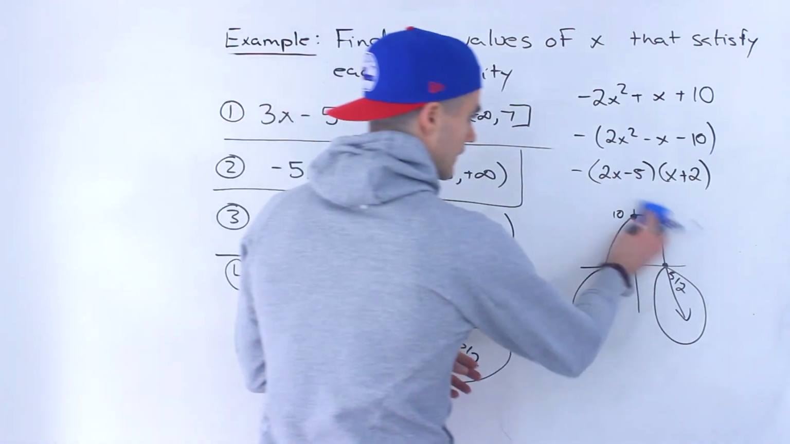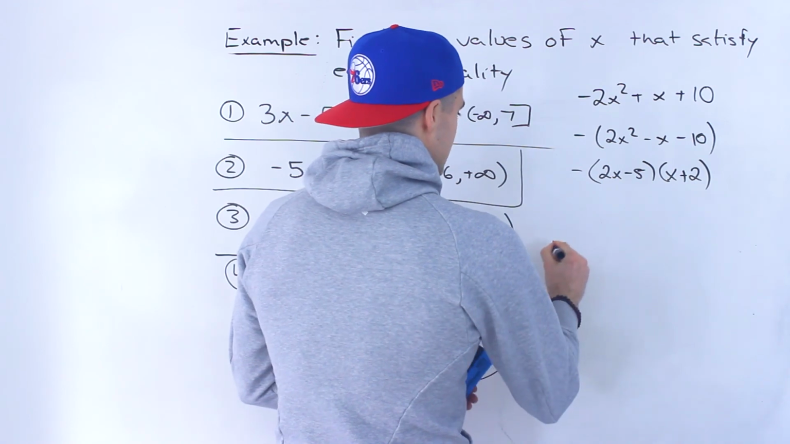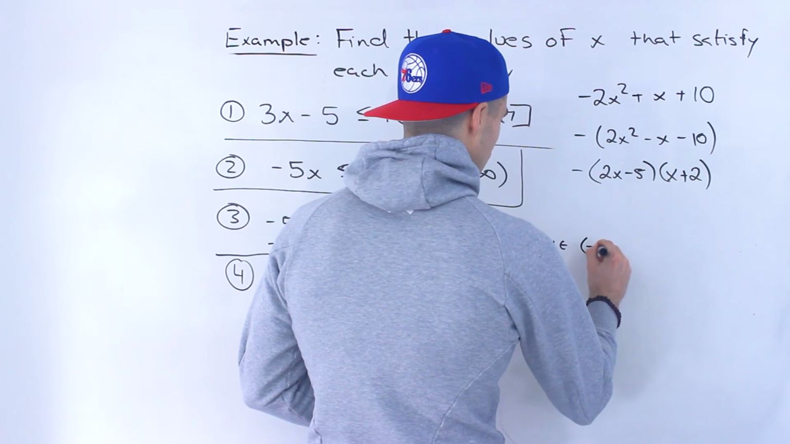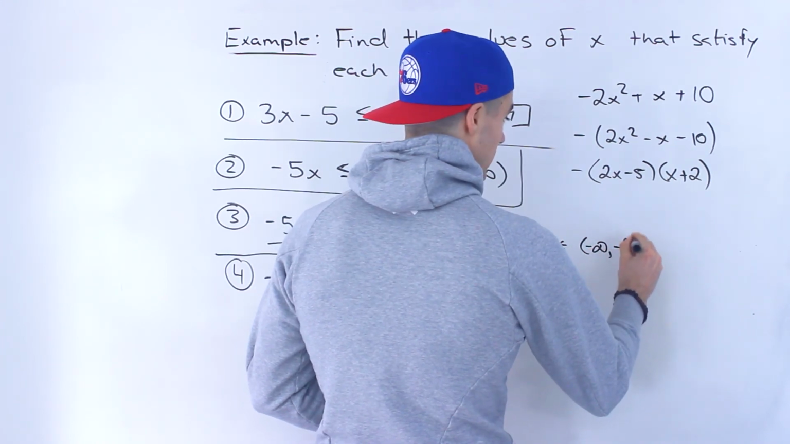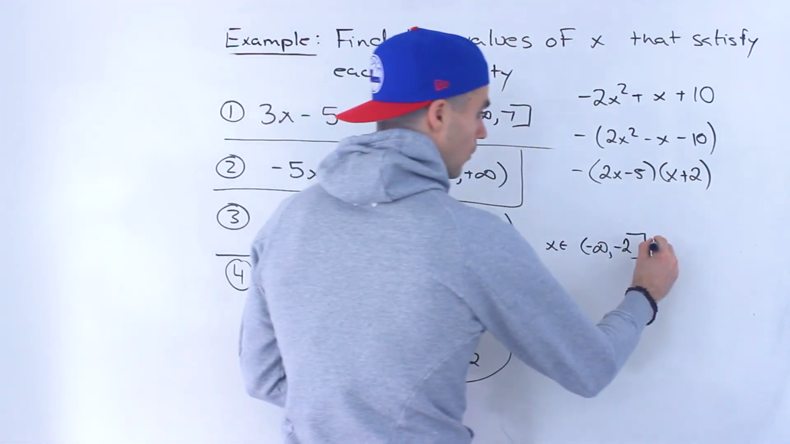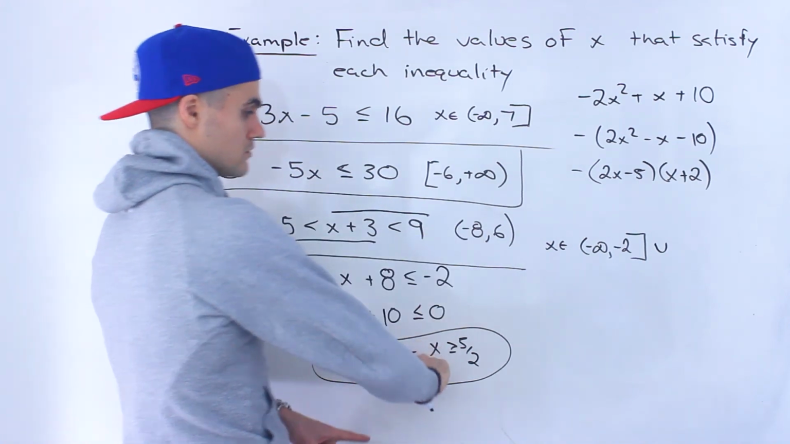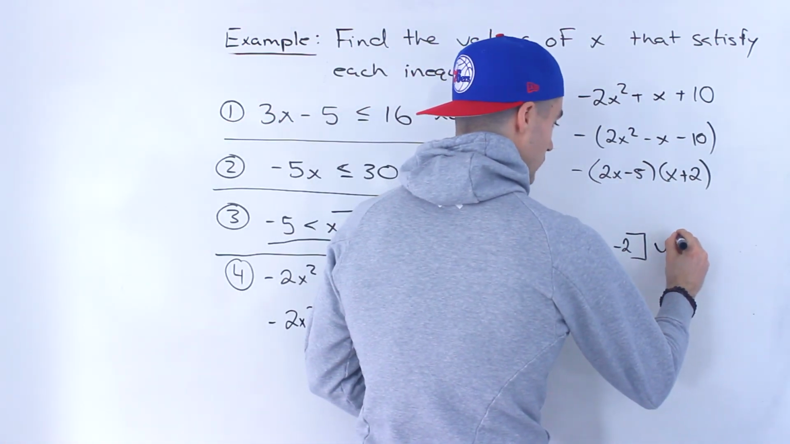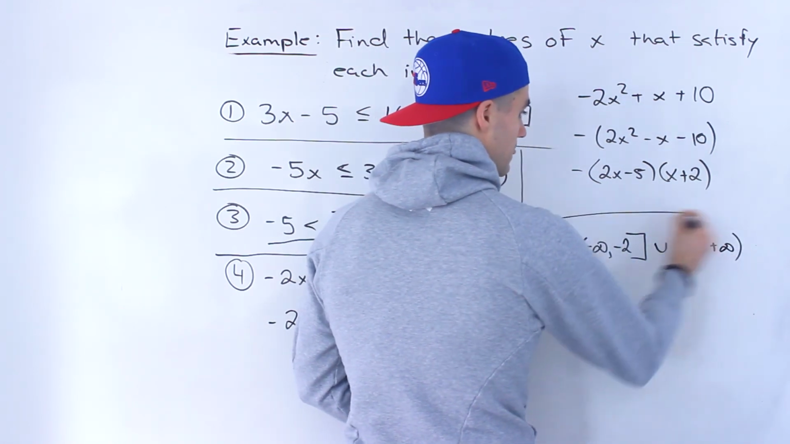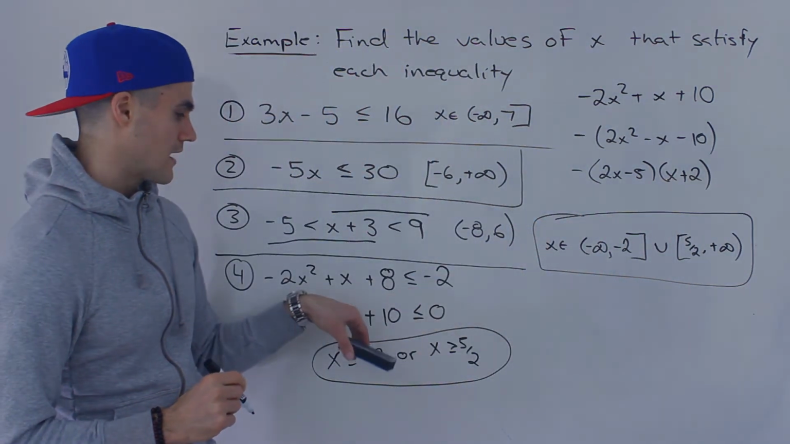And if you want to put it in that other notation, we could say x is an element from -infinity to -2 inclusive of that -2, right? Less than or equal to -2. Or, that's the symbol for or, it's a u, when x is greater than or equal to 5 over 2. So we would write 5 over 2 to positive infinity. All right, so that's another way to write the answer. So either that or that is the answer to number